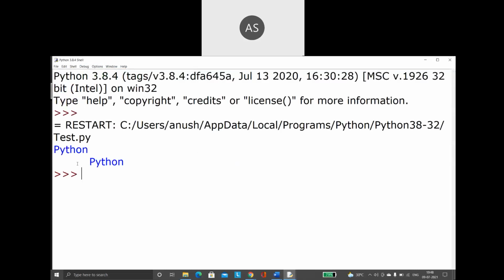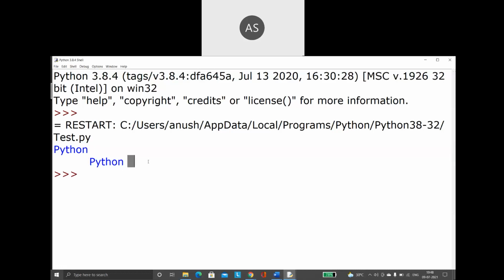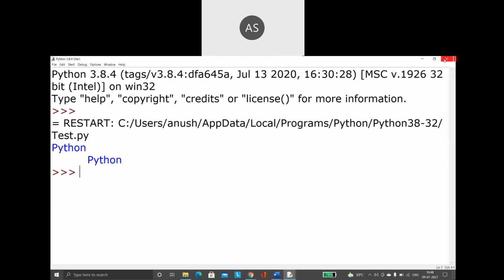See what happens. Space. By default, it will be taking a space. So this side also space will be there. This side also the space will be there. But space is not visible for us. This side space I can see. Why? Because after leaving this gap only the string will start printing. So I can understand blank spaces is here. But on the right side, the blank spaces I will not be able to see. So that is the reason why I showed you with the character.